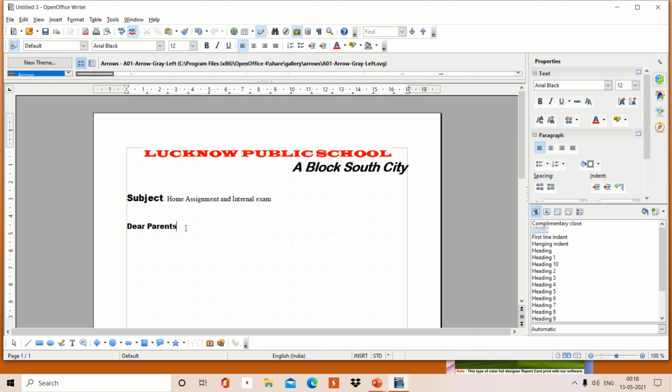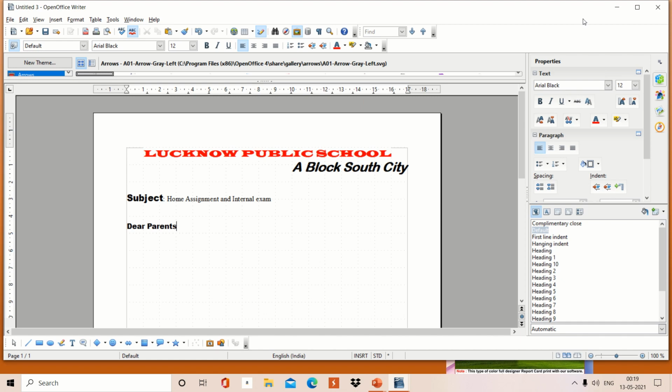If I am writing parent, if I am writing student, if I am writing a school name, if I am writing branch name, the format is always the same because it acts as a template. So now we are going to make it as a default, so that every time we work on this, the same document, the same layout will be open. We do not need to open it again and again.